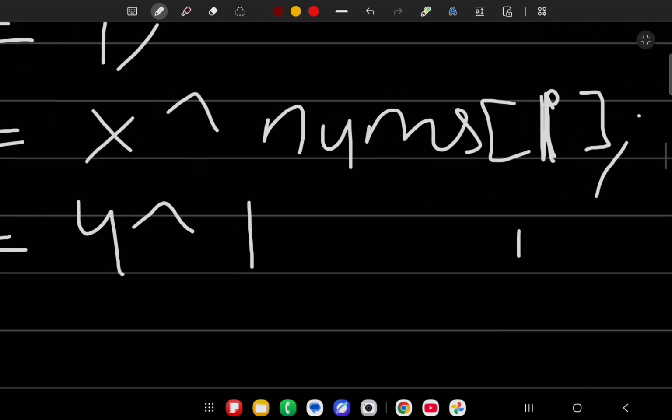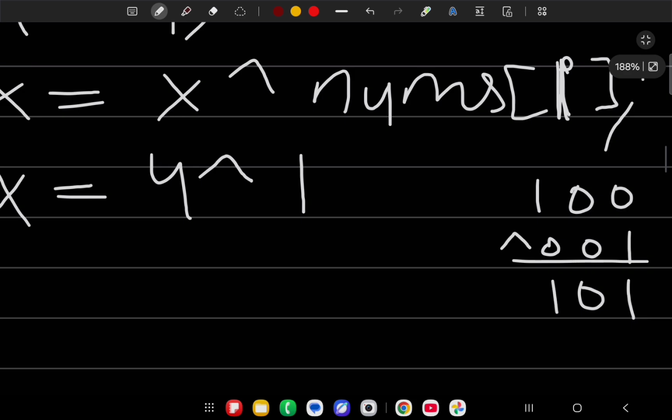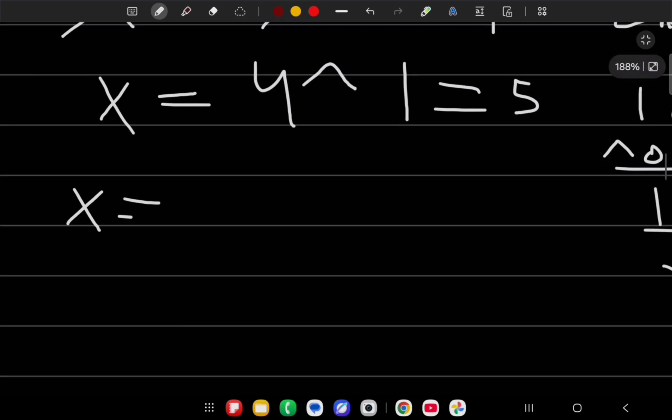How? Just write the binary representation of 4 and the binary representation of 1. Take the XOR, just 1 0 1. How? If the elements are opposite it is 1, else for the same element it is 0. Okay, what is the value? It is 5. Then x will go to 5. Get the value of x. x is 5. Now for the next iteration, i will plus plus.